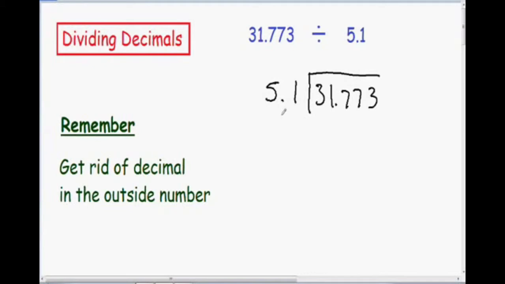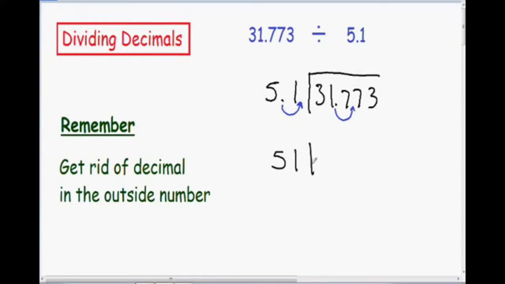So basically we have to push this decimal point as far right as possible. In this particular example, we only can push it over one space. And whatever you do to the outside number, you have to do to the inside number. So since we moved our outside decimal one space to the right, we have to do the same thing to the inside decimal. So now, since we moved both decimal points one space to the right, our 5.1 becomes a